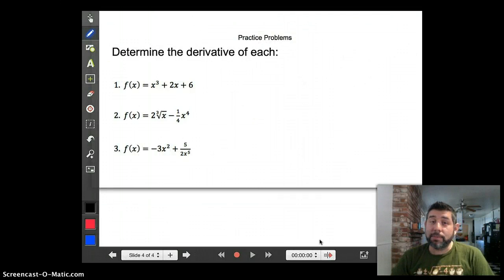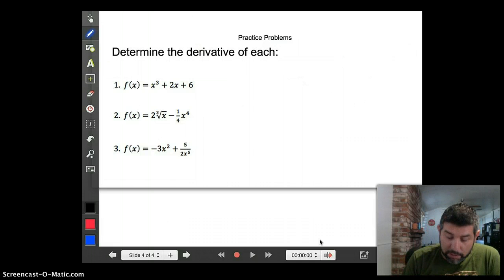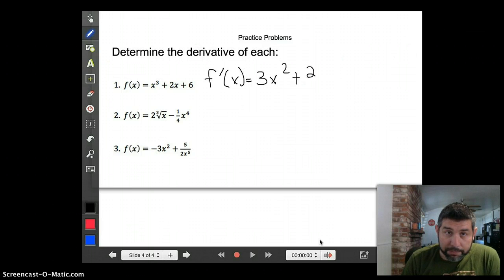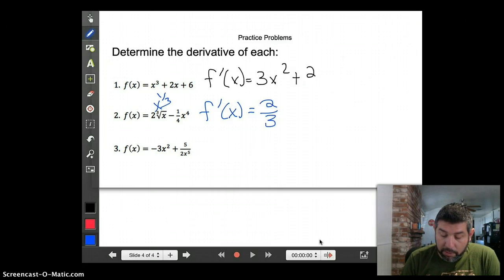So that's all I have. I have 3 practice problems for you. If you want to try these practice problems, pause the video now, and I'll show you the solutions in just a second. All right, here are the solutions. f prime of x is equal to 3x squared plus 2. And for this one, remember that we have to change this to x to the 1/3. So we get 2/3 x to the negative 2/3